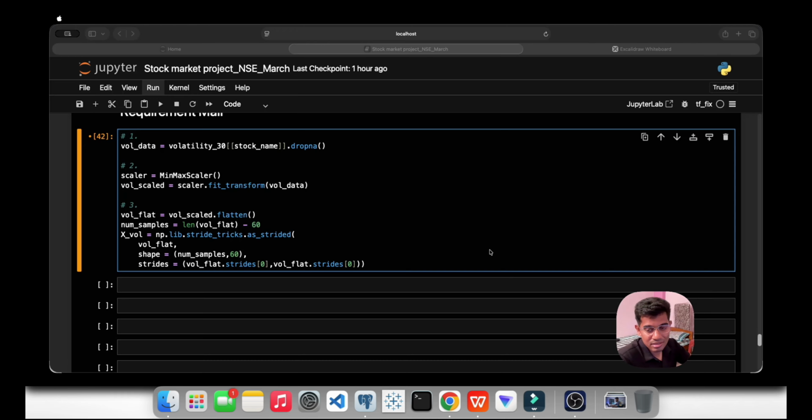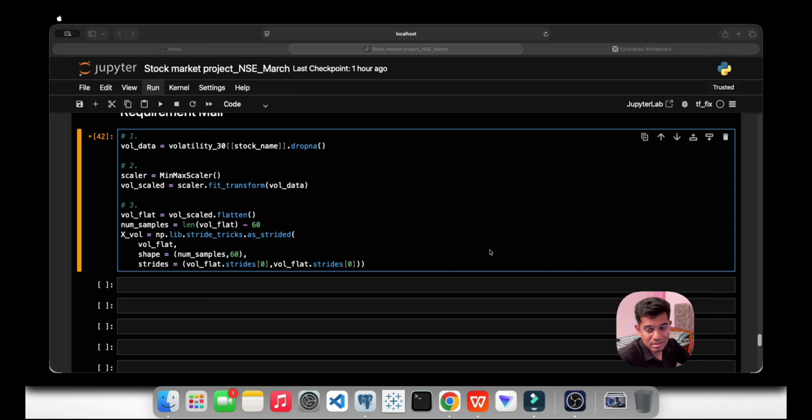First is y test dot reshape, then scalar dot inverse transform. In reshape minus 1 and 1, minus 1 means infer this dimension, and 1 is about the column.